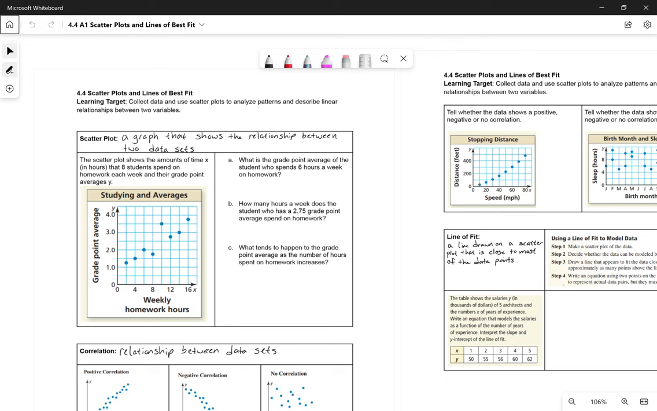Everyone, today we're going to be going over scatter plots and line of best fit. Our goal today is to be able to collect data and use scatter plots to analyze patterns and describe linear